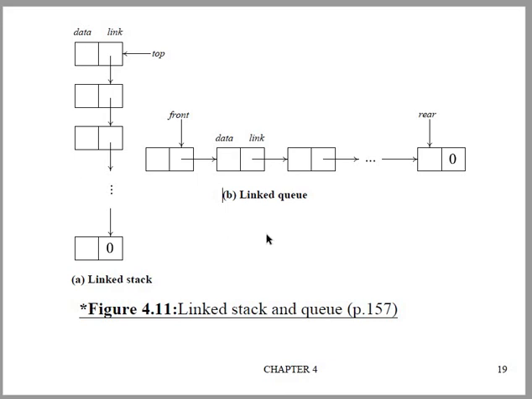So now the next one is queue. Okay. So linked queue, how can we do? For a queue we have to manage two pointers. One is the front pointer and another one is the rear pointer. Initially both of them will be null, but when you create a new node, a temp node, you put the data, and the link will be null. That time the front and rear pointers will be pointing to this same node.